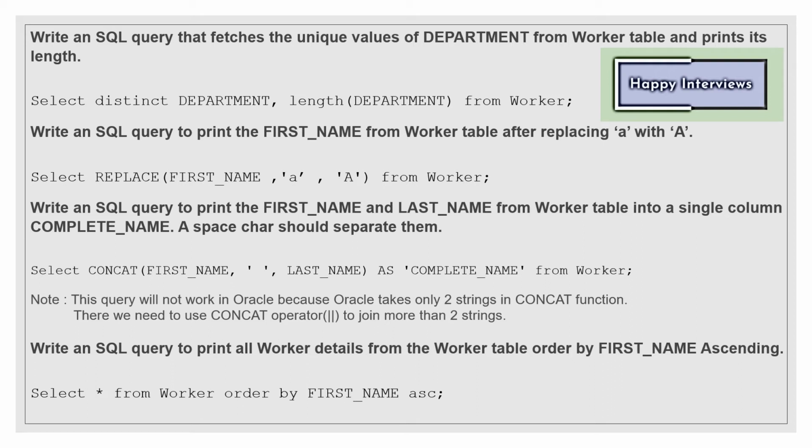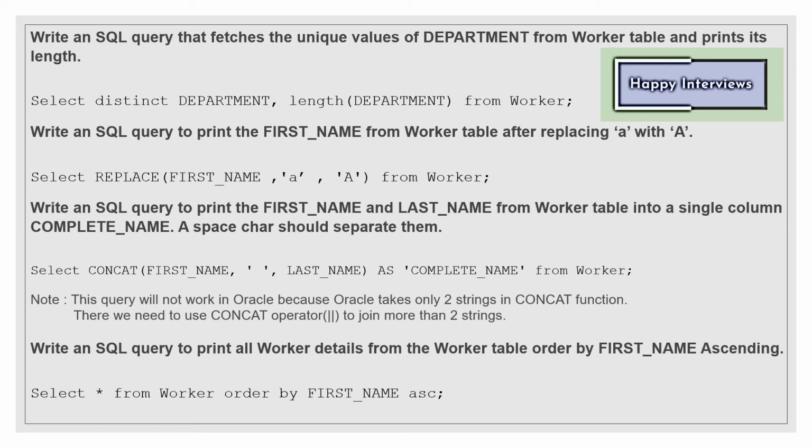So if I don't select the distinct, then the value of department will be displayed 50 times. That's why I need to select distinct. So it will give only 5 rows as the output if 5 distinct values of department are there. So select distinct department, then length of department. So if the department is HR, admin, so admin, what's the length of admin? 4, HR 2. So what are the number of characters present in there? It will give the length as it is.